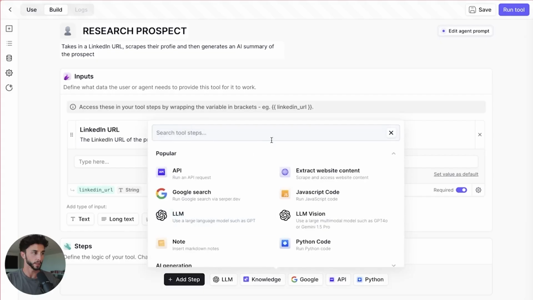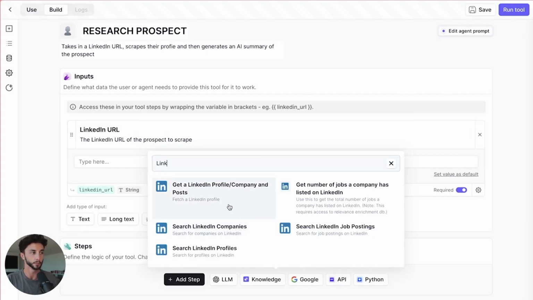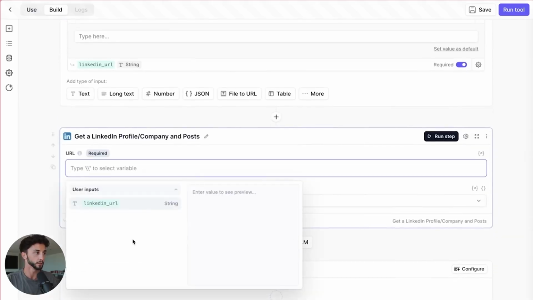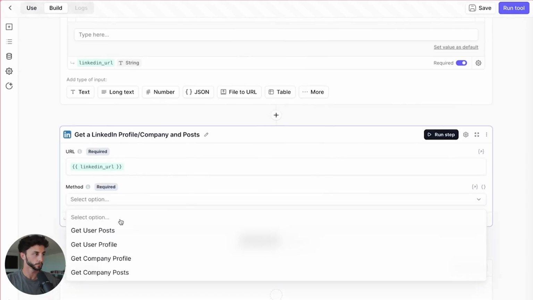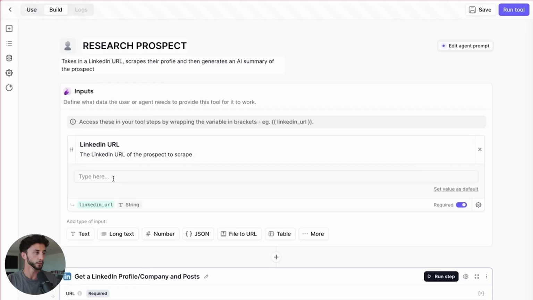Now we're going to add a step, and Relevance has got us here: get a LinkedIn profile or company posts. So this is cool because then we can pop in our LinkedIn URL here. Oh, we don't need two of them. So we're going to get the user profile here. Then if I put in my